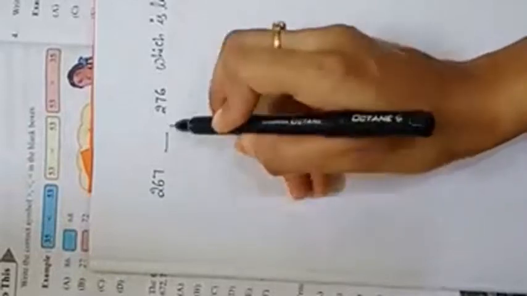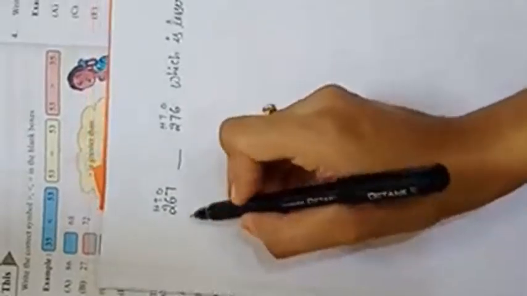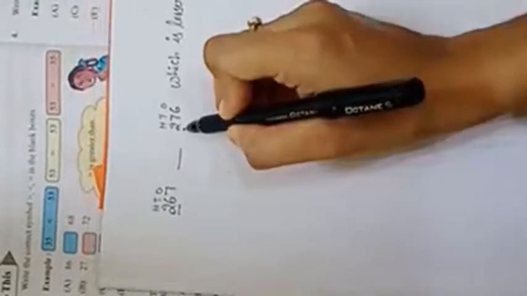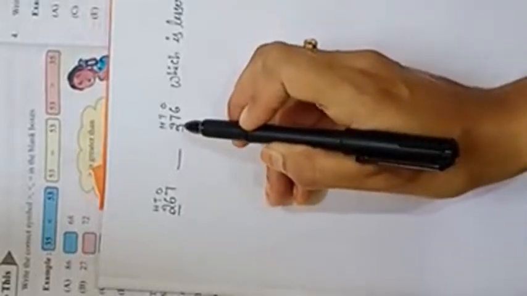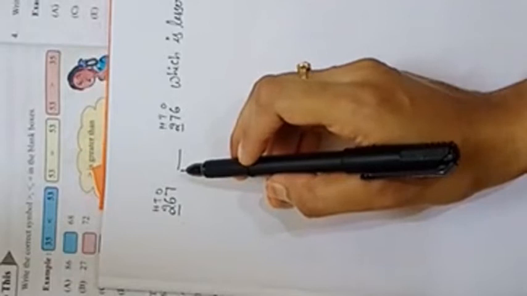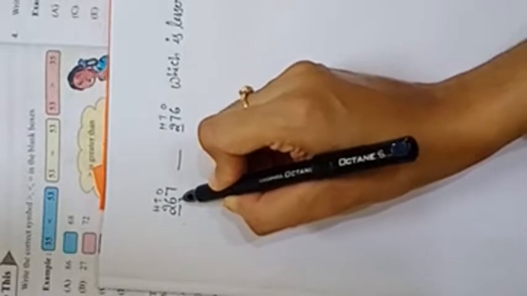Here we have 2 numbers. Observe carefully. First you write places, HTO, HTO. Observe hundreds place number. If hundreds place numbers are same, then we have to go for tens place digit. First I will observe hundreds place digit. Here I have 2, over here I have 2. Both the sides digits are same. So then what I have to do, children? Yes, I have to observe tens place digit. Here I have 6 and over here I have 7.